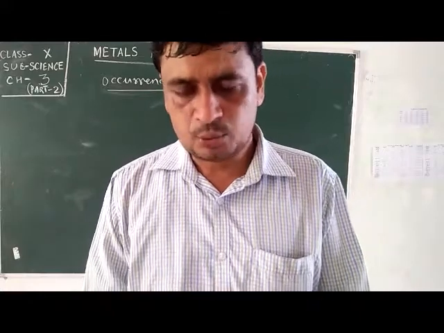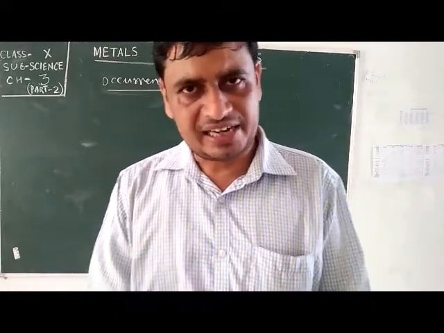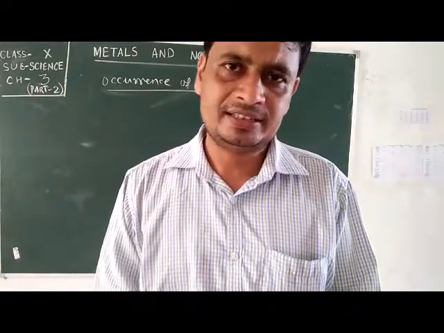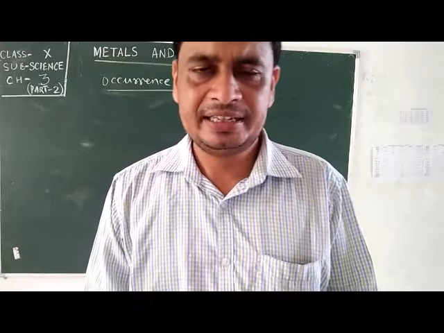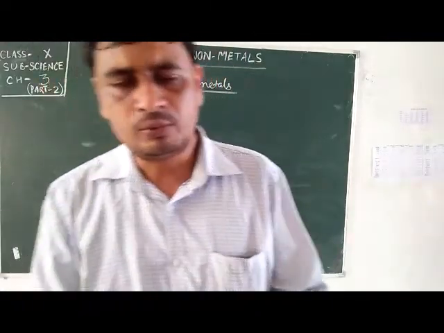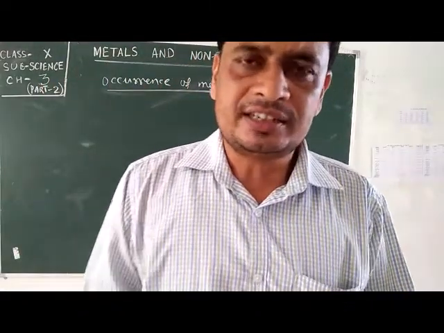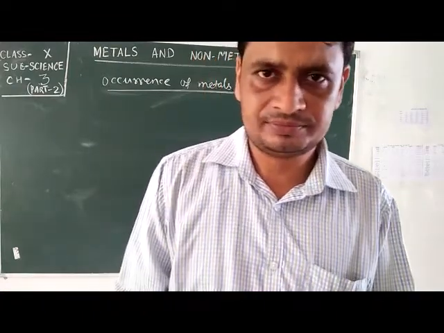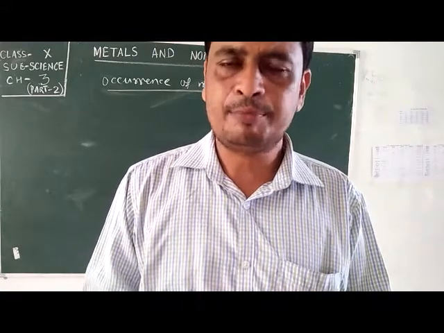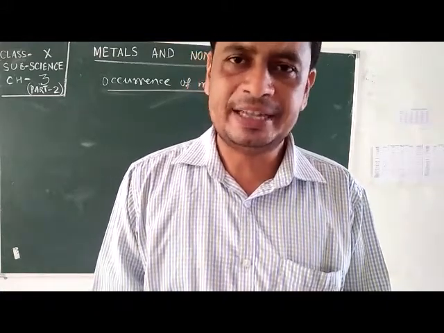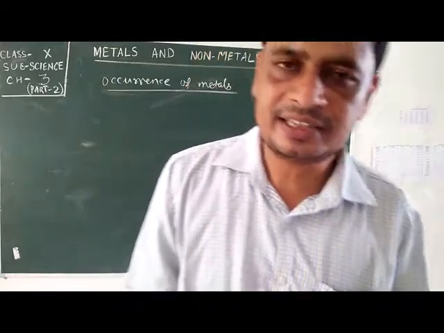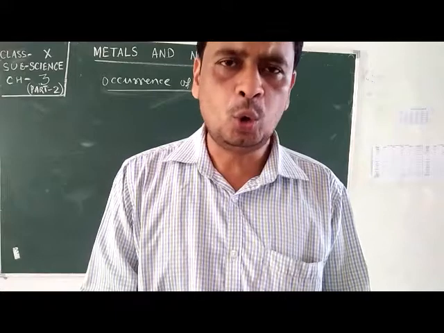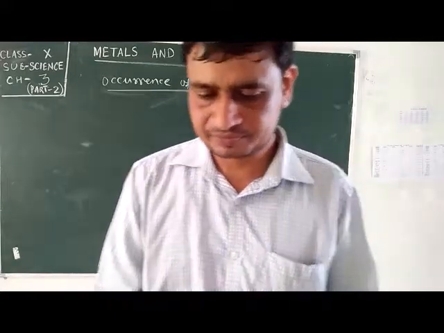The substance which can be obtained from earth crust, when some metals are present, is called a mineral, and the minerals from where we get a certain metal at low cost, if it is profitable, if it is economic to get a certain metal from any mineral, that mineral is said to be an ore of that metal.